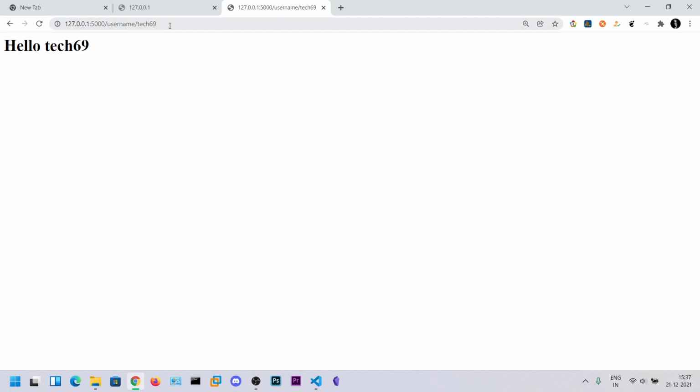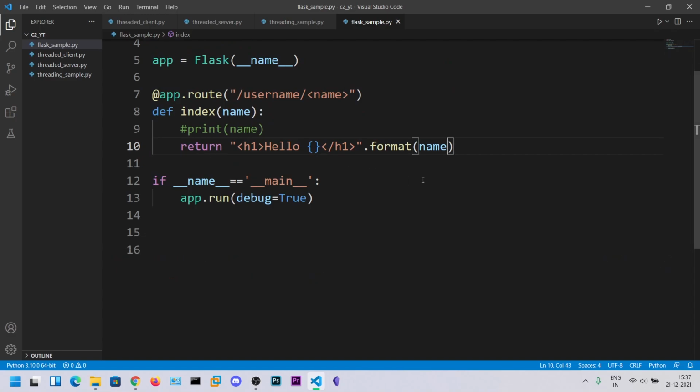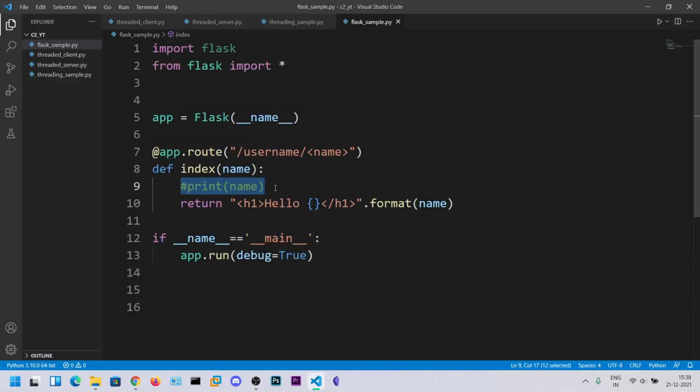Hello tech69. So you can see the route is dynamically generated, and the content is also dynamically generated.